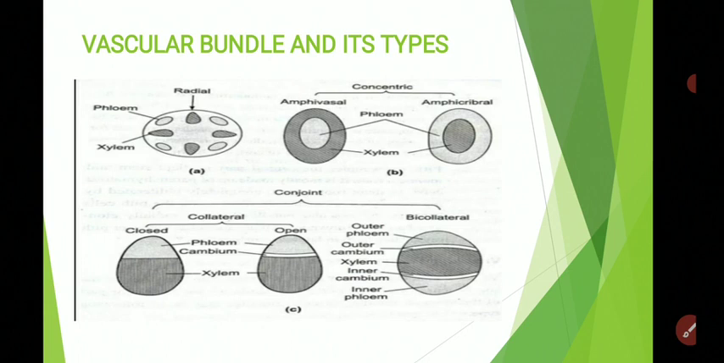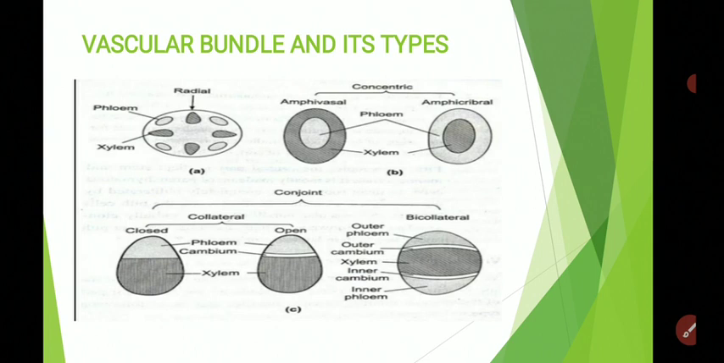So together, xylem and phloem, when arranged together, this arrangement is known as a vascular bundle, and together they perform the function of conduction, as well as giving mechanical strength to the plant. And according to the pattern of their arrangement, there are different kinds of vascular bundle,